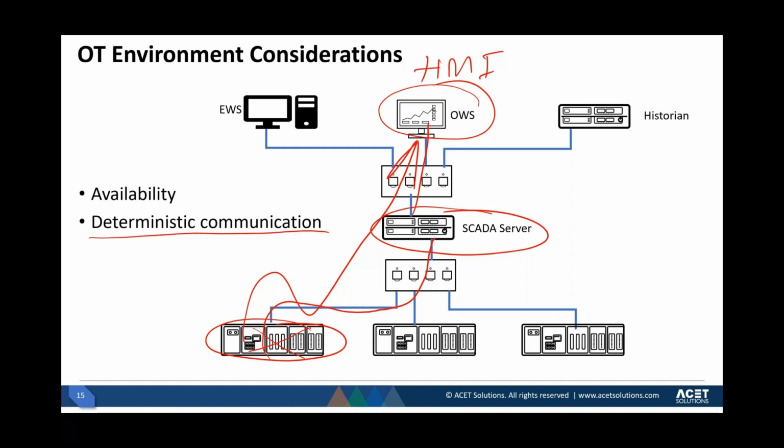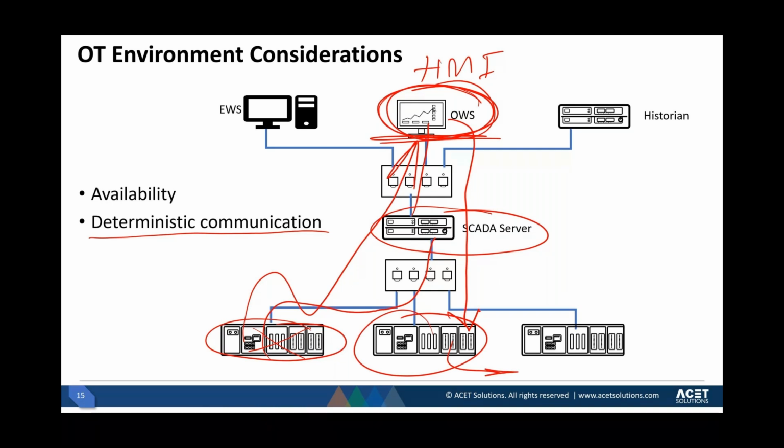A few milliseconds of delay, and maybe even a second of delay, may not be as big a deal for the operator sitting at the HMI, but in general, the values that operators see on the operator workstation need to update at a certain frequency so that the operator can see what is going on and maybe take action if required. And when the operator clicks a button to open or close a valve or start or stop a pump or any other equipment, we also want that command to be communicated to the PLC immediately, within a second or so, and the PLC would execute that command and take the action or shut down the pump.